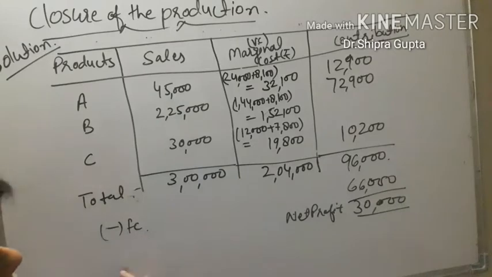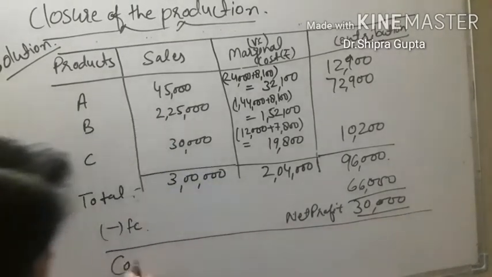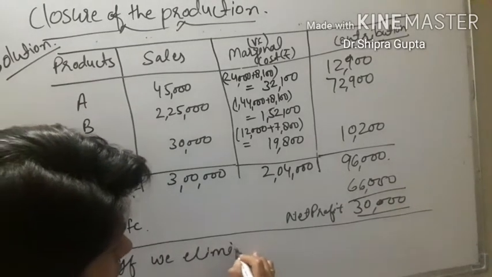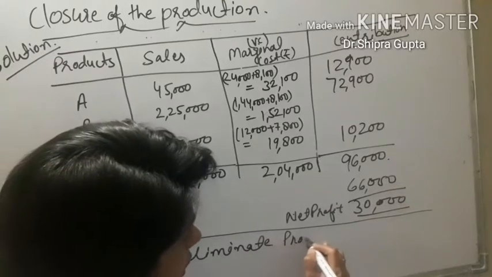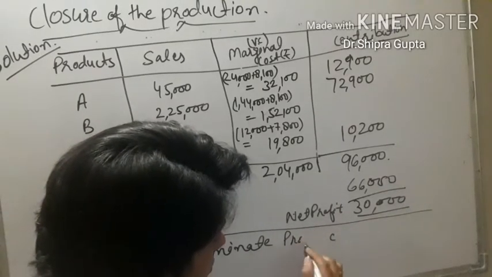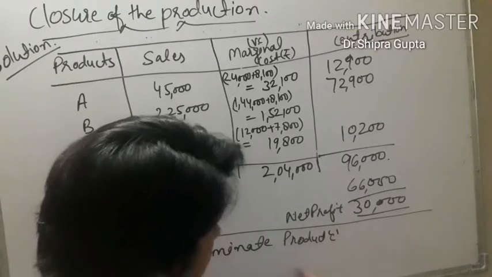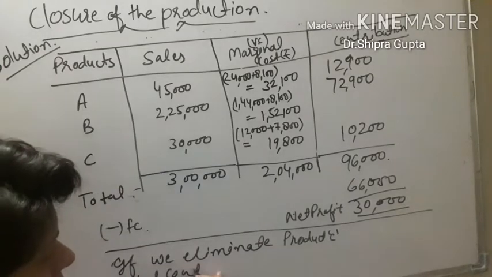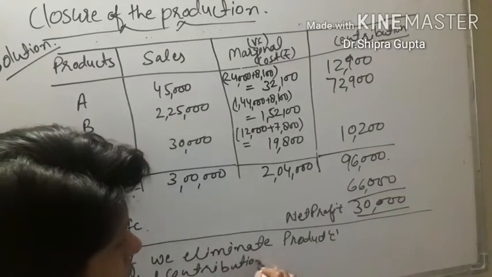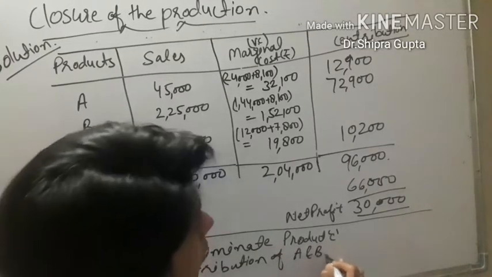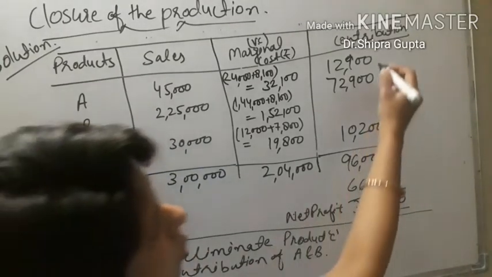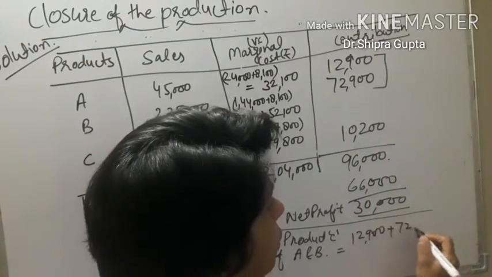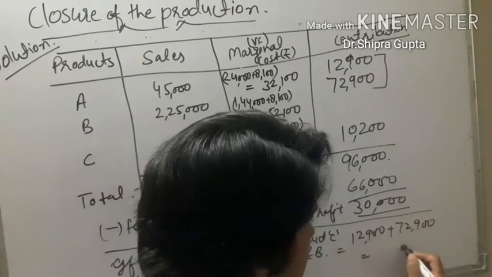Then contribution: if we eliminate product C, then the total contribution of A and B. It means we will take only the contribution of A and B. Then 12,900 plus 72,900, and the total will come